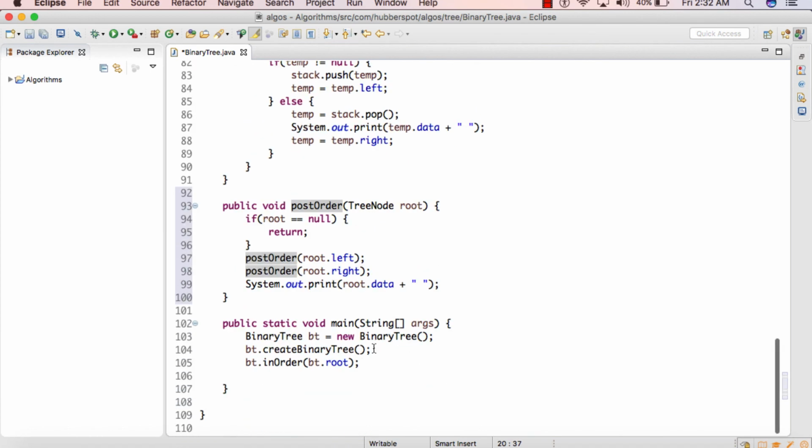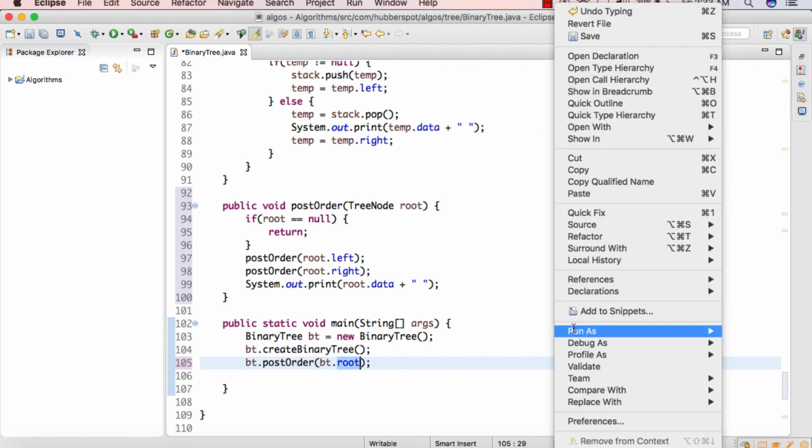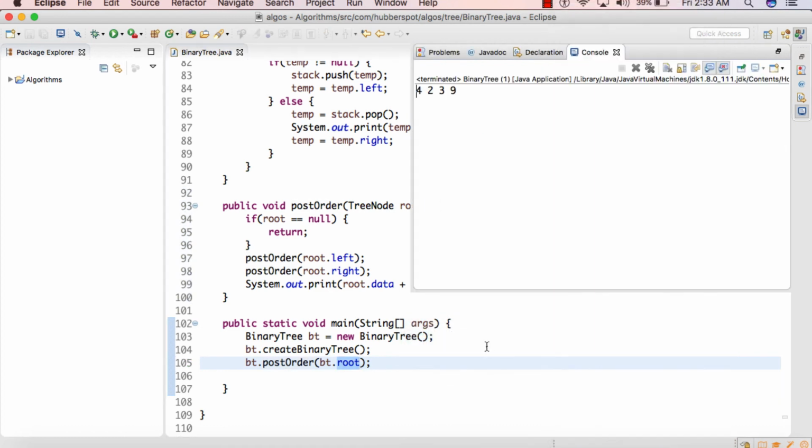So after creating this binary tree, we'll actually call the post order method, and we'll also pass the root into it. So if I run the code now, you can see it printed 4239, which is the same output which we discussed in the slide.